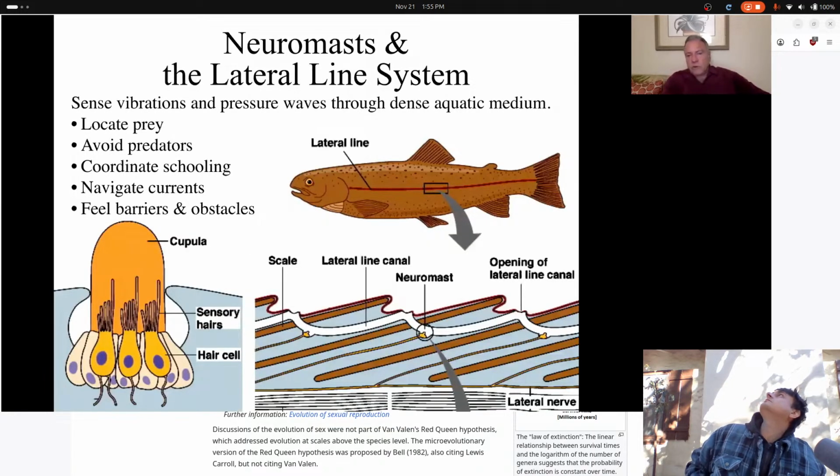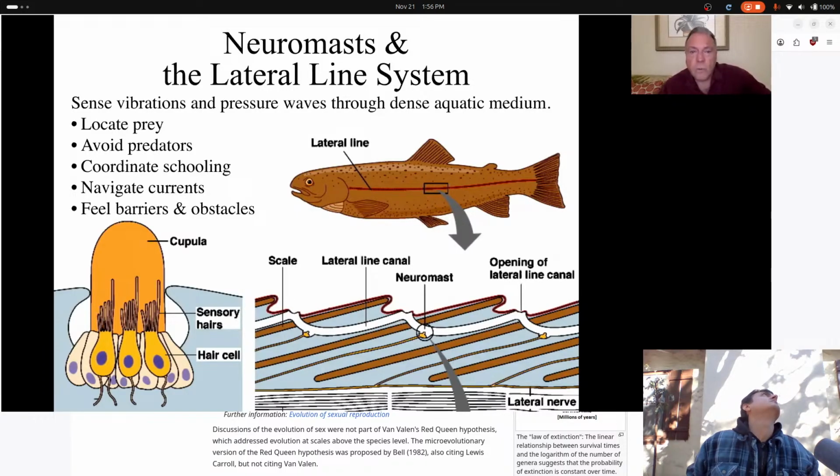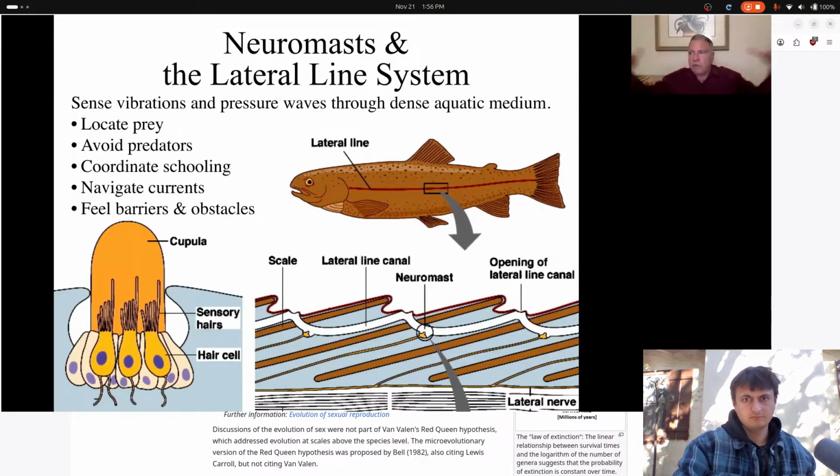Now, again, as we've alluded to, water transmits pressure waves much more effectively than air does. And so vibrations underwater travel much more intensely than they do through air. And so, not too surprisingly, many aquatic animals are really good at detecting vibrations, even more so than terrestrial animals. And so this allows them to really feel their environment in ways that we really can't think of. It's like if we're moving through the room, right, we're displacing air and pushing